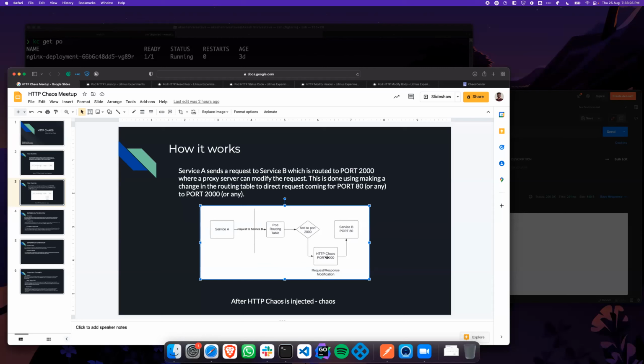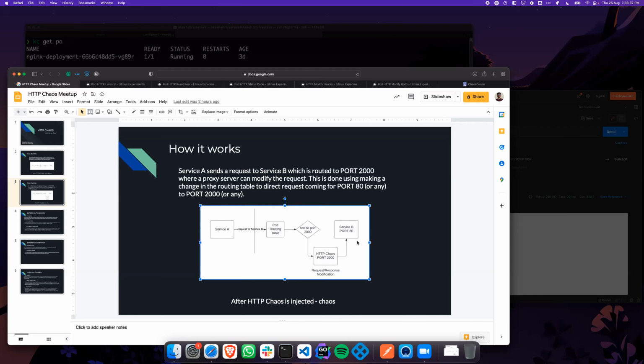Yeah, so you mean to say my service A is giving a proper response, but my API gateway or something. No. Read the diagram properly, sir. Think of service A talking to service B. Service B is down for whatever reason. Service B is not responding 200. It is giving you 500, right? In that scenario, you want to understand how resilient service A is, how it recovers from that error. That's what we are trying to do here.